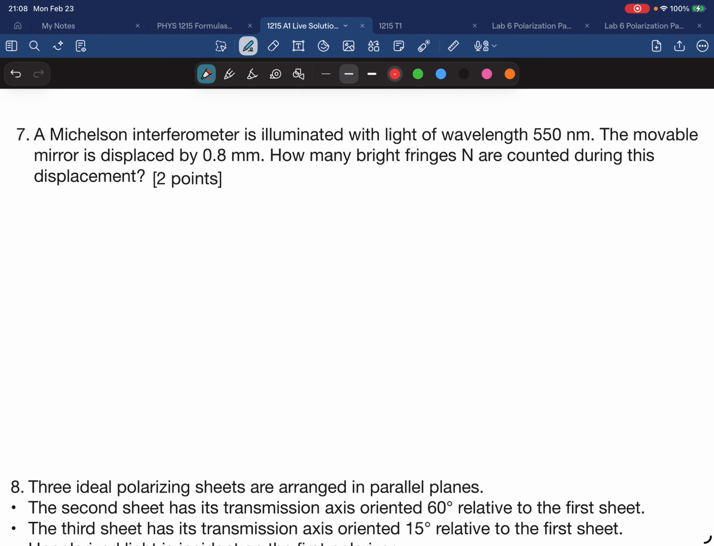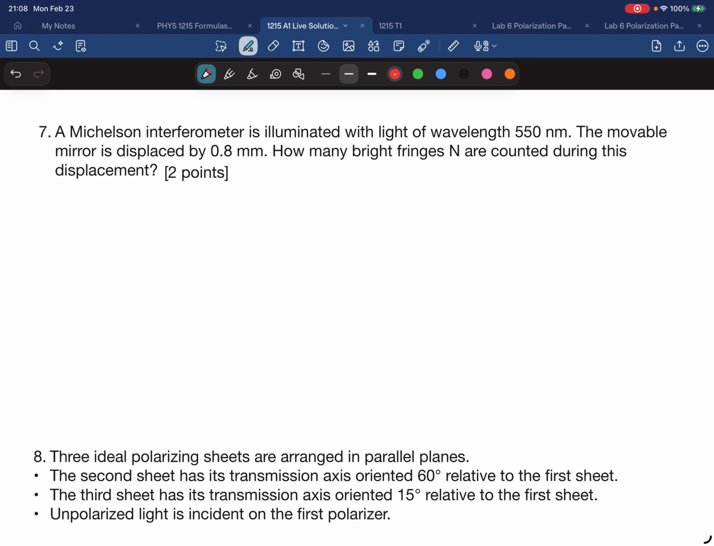Question 7. A Michelson interferometer is illuminated with light of wavelength 550 nanometers. The movable mirror is displaced by 0.8 millimeters. How many bright fringes N are counted during this displacement? Our equation here is N lambda equals 2D. Rearranging for fringes,